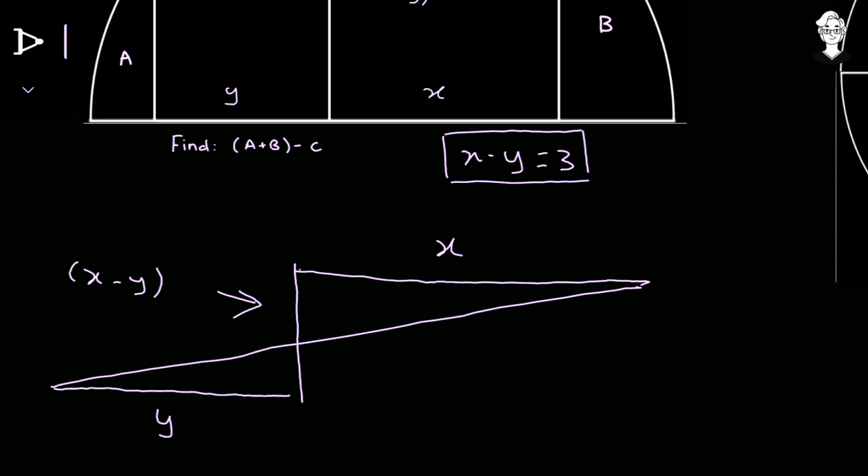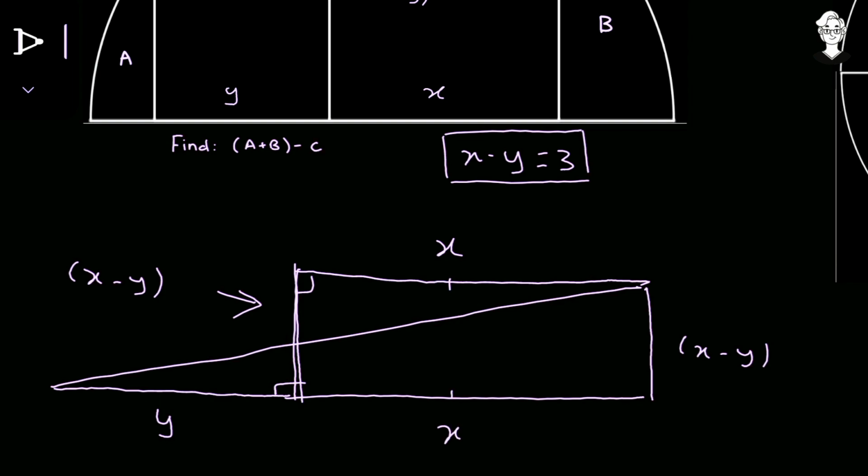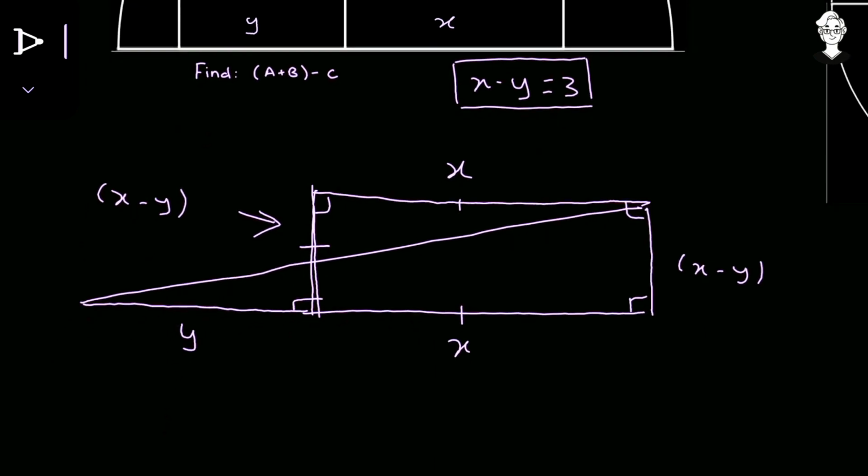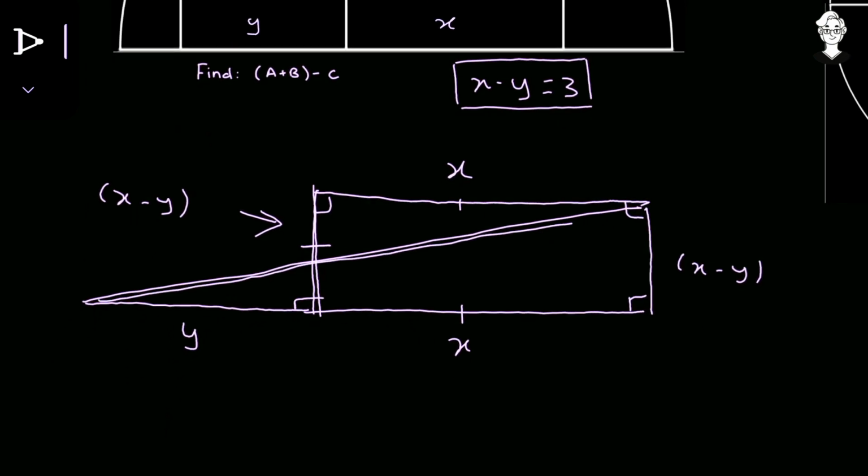Okay. Now this is 90 degree because they are the corners of the square. So I can draw a 90 degree over here and extend it like that way. So this length is going to be equals to that length because it forms a rectangle. All the four angles are 90 degree. So this length is also x minus y, and this base also becomes x. So this is x minus y, so that is x minus y. Over here 90, over there 90 because I've just drawn a straight line. Now you can see a right angle triangle forming over there, so we can apply the Pythagoras theorem.